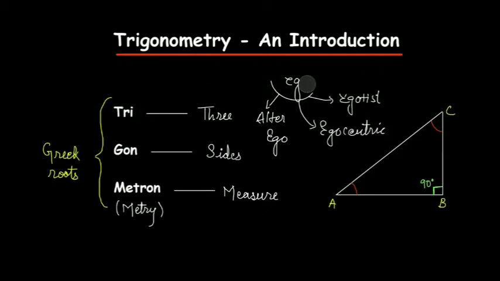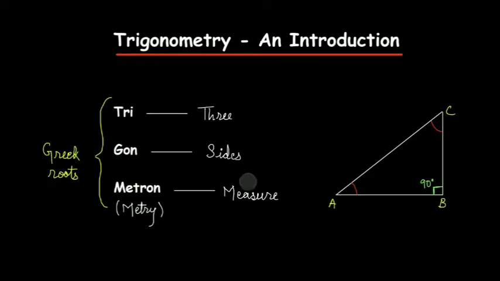Trigonometry is always applicable in a right angle triangle in your syllabus. In the previous video I already taught you the meaning of trigonometry, and it is useful to find out angles and sides. By the Pythagoras theorem we can find a side only when 2 sides are given, but in this one, if only 1 side and 1 angle are given, we can find the rest. So the meaning of trigonometry is clear to you.